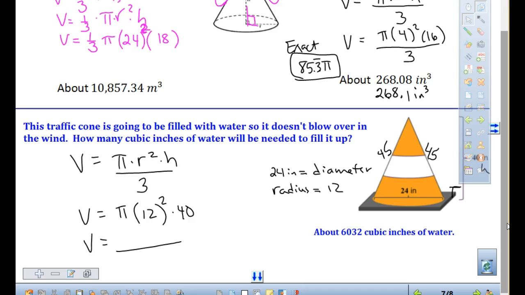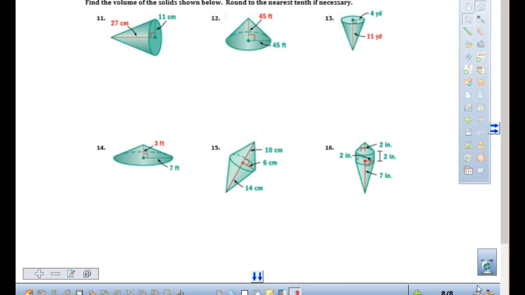In your homework, I'll tell you what to round to, all right? So when you're looking at your homework, tonight you are doing 11 through 17. You only have 7 questions to do. But here's the deal. I need you to make sure you're showing your work. What do I need? The formula, the numbers in the formula, and your answer with the label. Let's look at number 15 and do